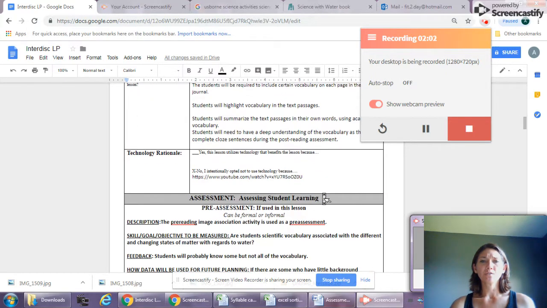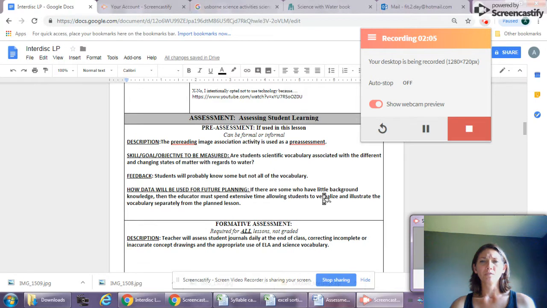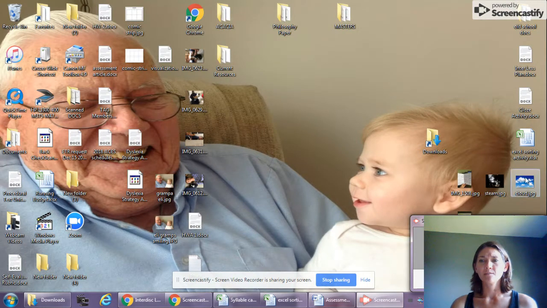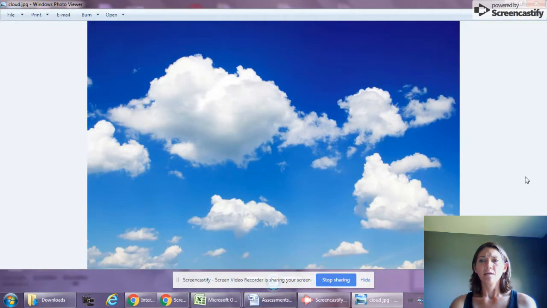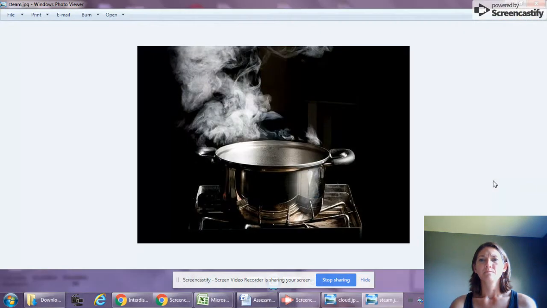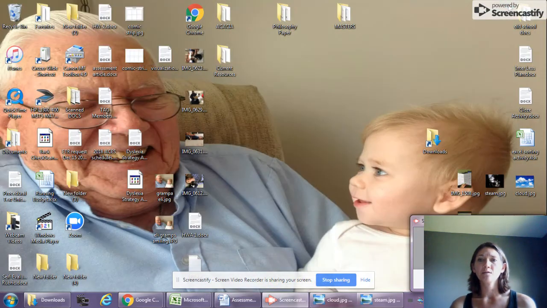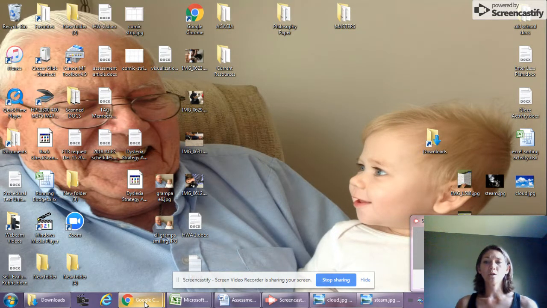So in order to reach all the students and kind of level the playing field, the first thing I want to do is show them some laminated images, such as clouds and steam, and see if the students can match up the academic vocabulary with the images that they see. And so in order to do this, I want to put them at a big group table and make sure that they can work out in pairs. So each student is going to get either a picture or the word, and they'll have to work out